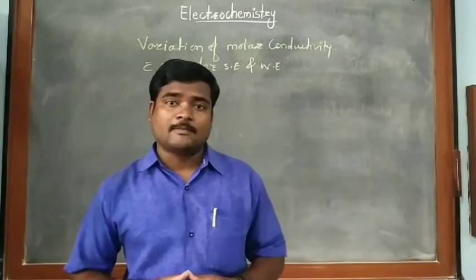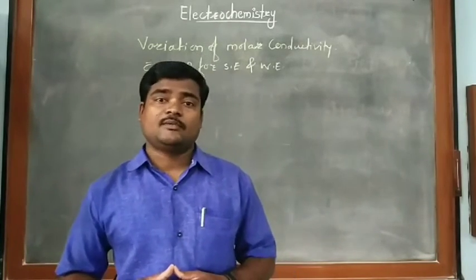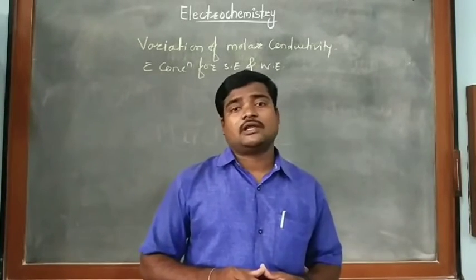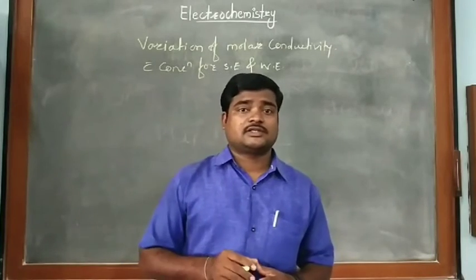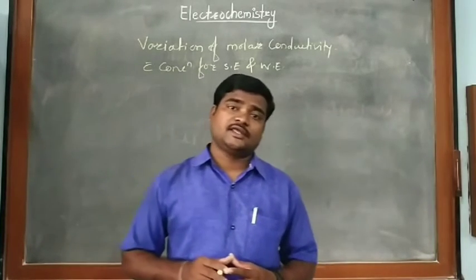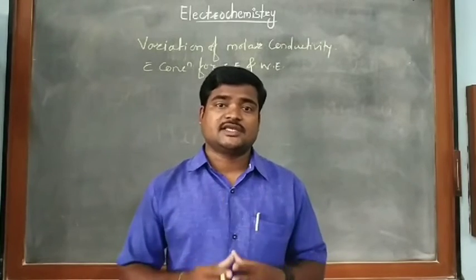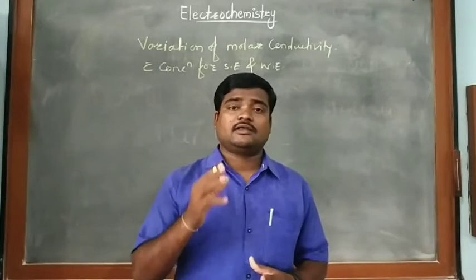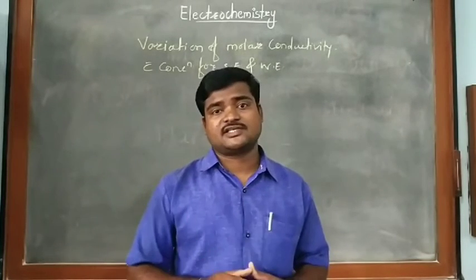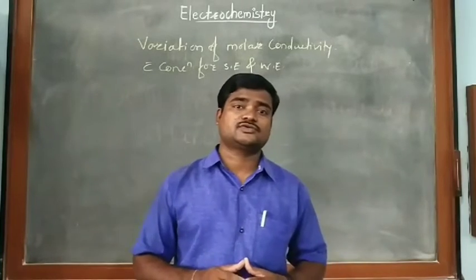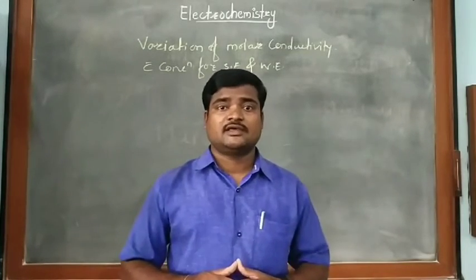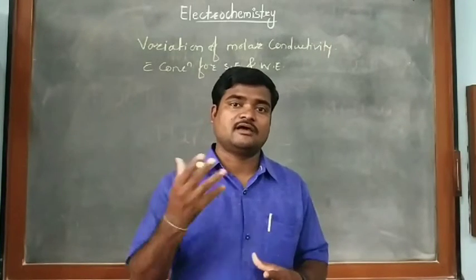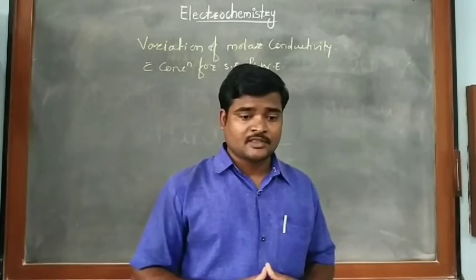Before going to the graph, all of you should know about strong electrolytes and weak electrolytes and the effect of dilution on them. Now students, whenever we are considering strong electrolytes such as NaOH, NaCl, and we dilute them, then as the dilution increases, the number of ions dissociated also increases, which means the number of ions in the resulting solution increases.